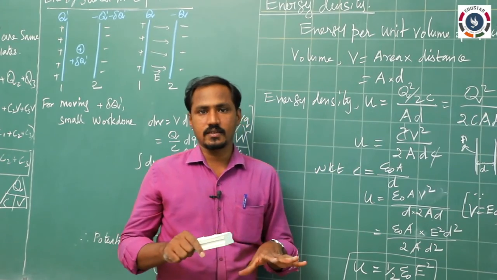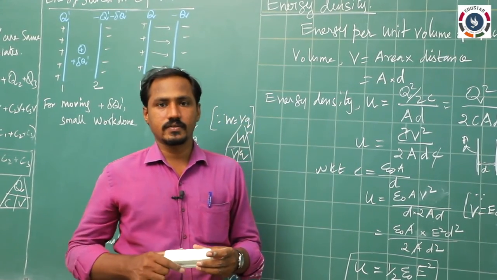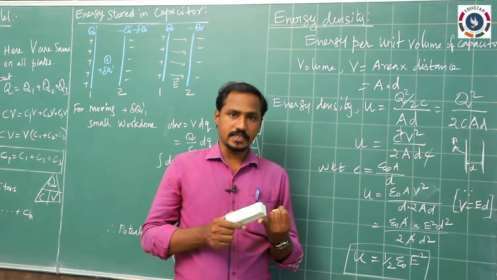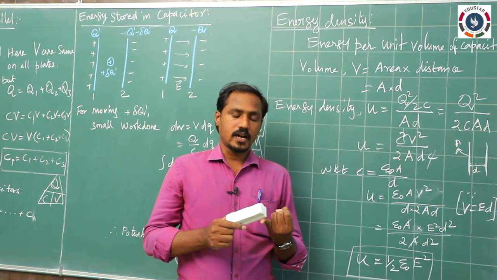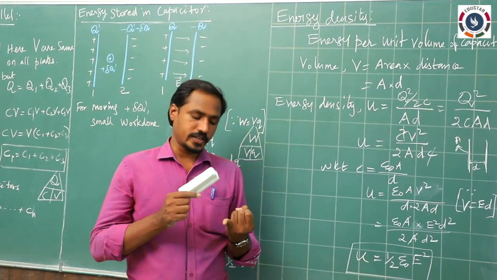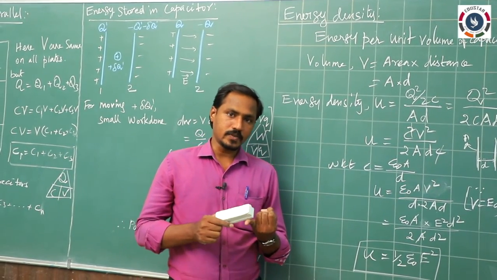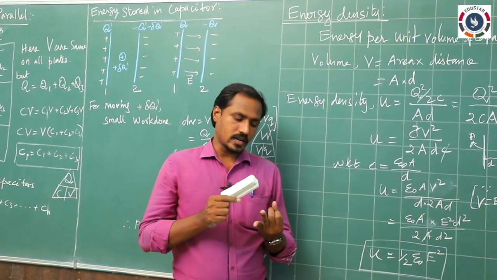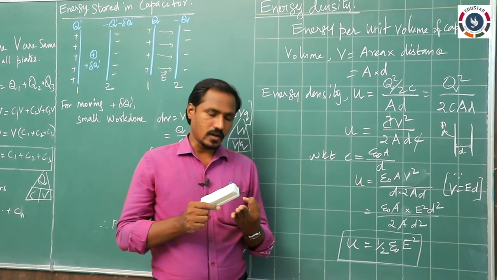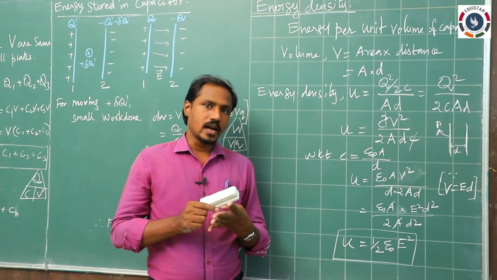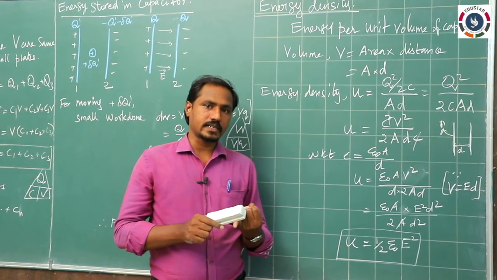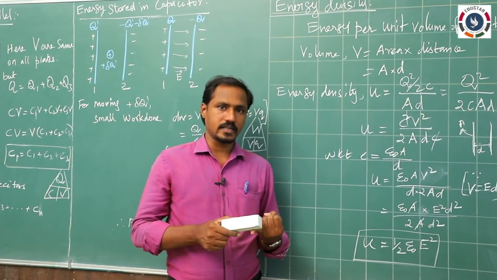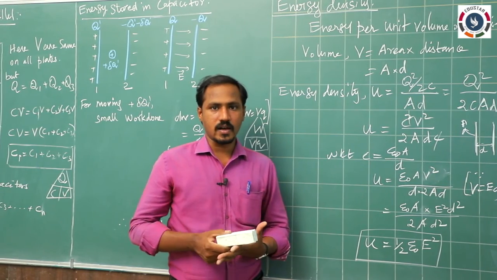We have finished the second chapter. So students, we have seen the electrostatic potential due to a single charge, due to a system of two charges and due to a dipole. At the same time, the potential energy of a single charge, two charges and also a dipole. After that, equipotential surfaces, electrostatics of conductors, capacitors in series and parallel, and energy. By using various formulae, we can do the numericals.